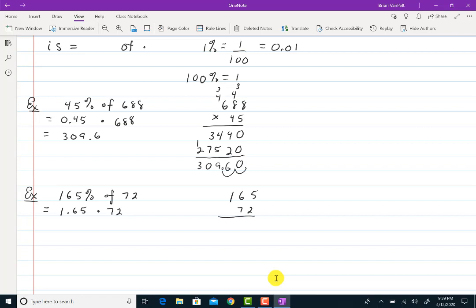Let's see, 2 times 5 is 10. I'll carry the 1. 2 times 6 is 12, plus 1 more is 13. 2 times 1 is 2, plus 1 more is 3, so I get 330 for that row. Moving on, 7 times 5 is 35, so I'll carry a 3. 7 times 6 is 42, plus 3 more is 45. Carry the 4. 7 times 1 is 7, plus 4 more is 11. So when I add up all these things, I'll get